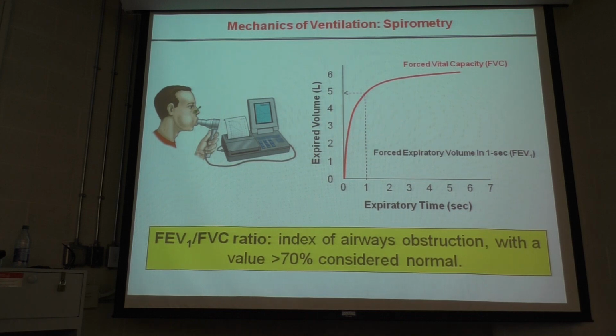Now, if you were an asthmatic and I brought my dog in, and in half an hour you had an asthmatic attack, and then I put you onto the system again and measured a spirometry maneuver with your airways all constricted and twitchy, the FEV1 to FVC ratio would decline. Not because your vital capacity has gone from 10 liters to 5 liters, but because at any given lung volume, your airways are now more constricted. So you can't